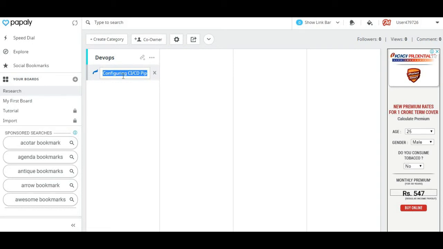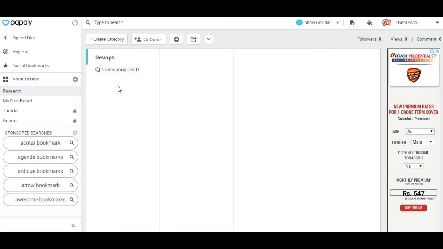If it's not valid, it will not fetch the description and you are not able to add the bookmark. But if it's available online on a domain and URL, it will fetch the description. You can modify the description and add it as well. So the bookmark is saved. It's very simple.